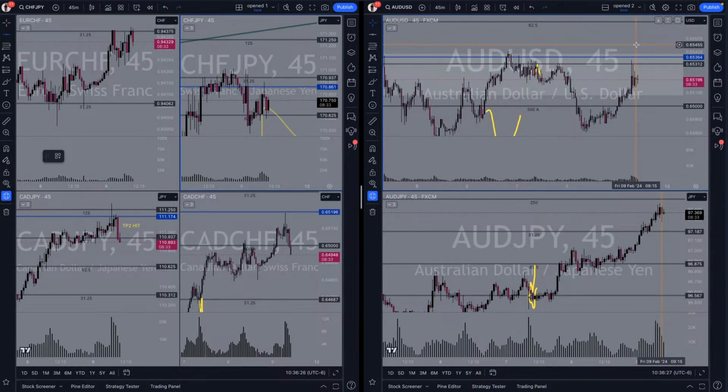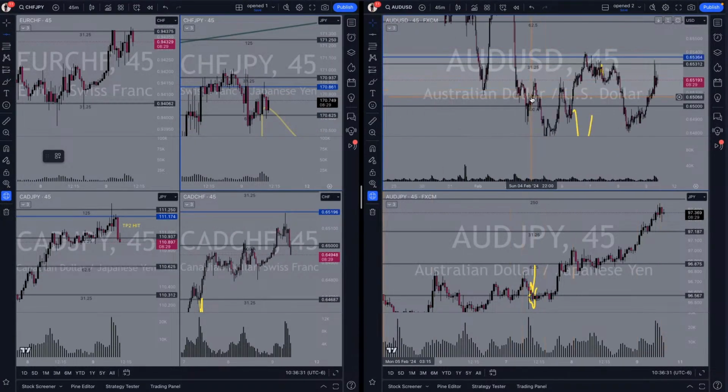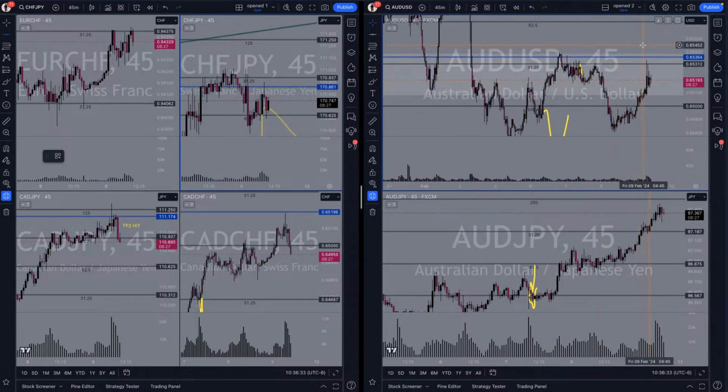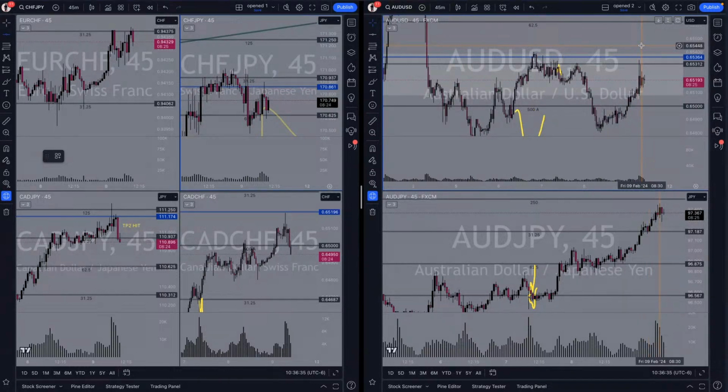I don't know. Yeah, I think it's a good place for a stop loss. That's crazy. I usually don't like moving my stop loss more. It's already 12 pips there. We have to risk 5, 6 more pips, I think, on AUD USD.